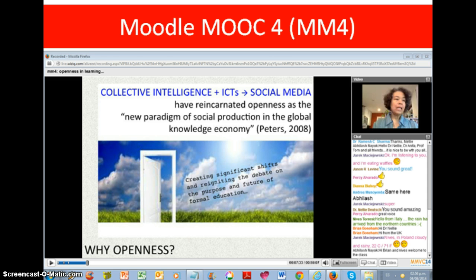Anita said that collective intelligence plus information and communication technologies, especially social media, have reincarnated openness as a new paradigm of social production in the global knowledge economy, creating significant shifts and reigniting the debate on the purpose and future of formal education.